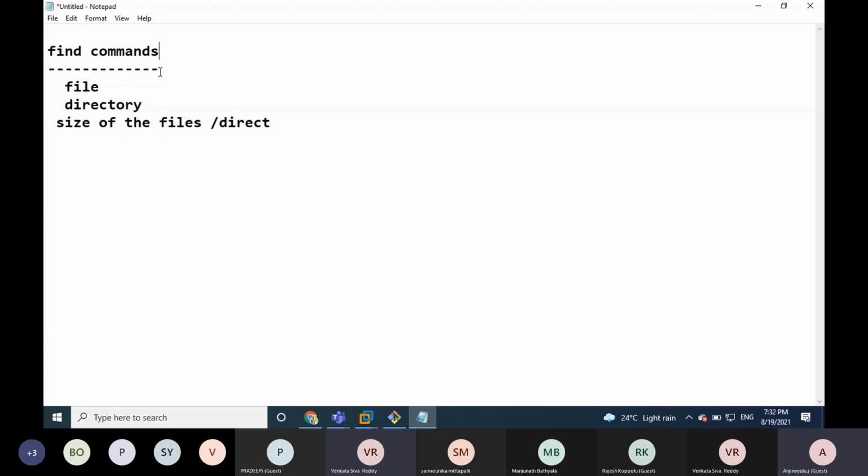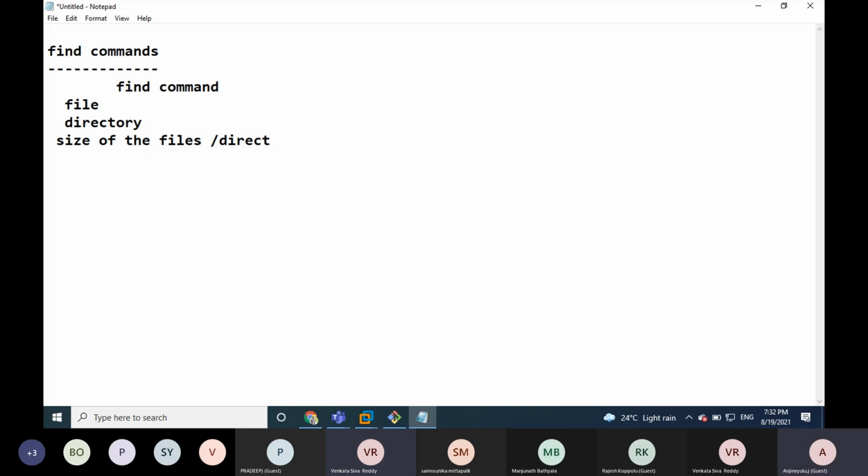So what exactly is the find command? The find command requires a specific location.